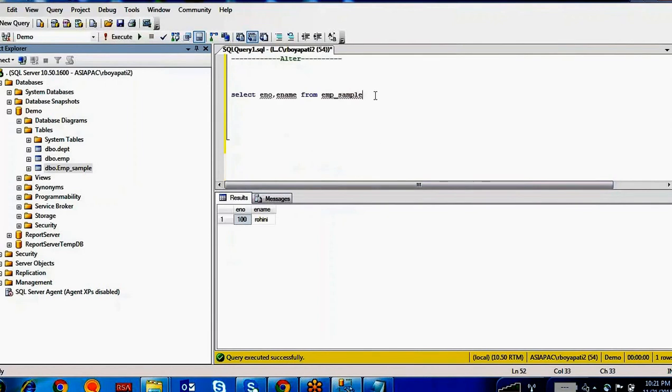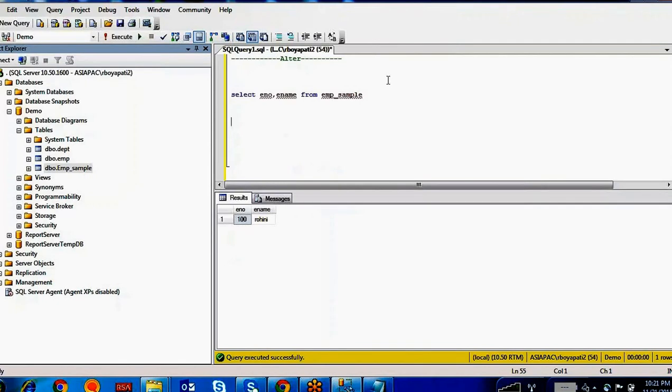So now what I'm going to do here is add one more column for this table. How can you add? The table has a structure of one employee number column and one employee name column.